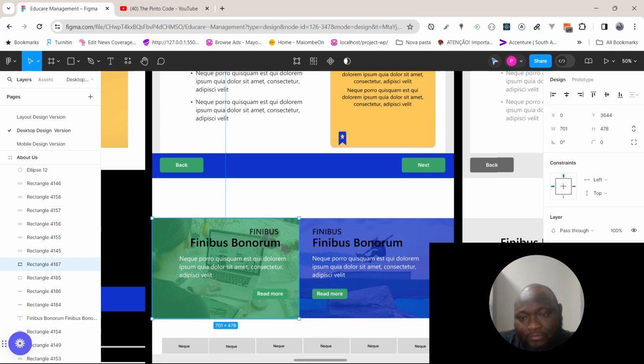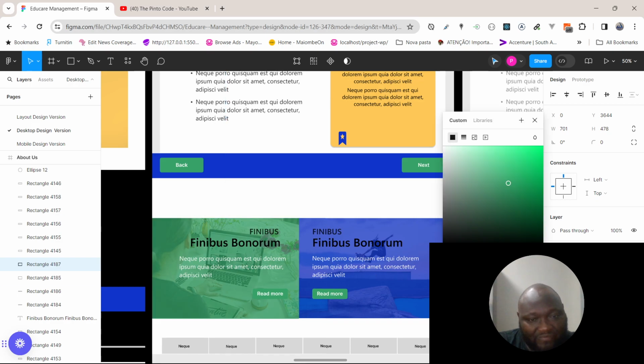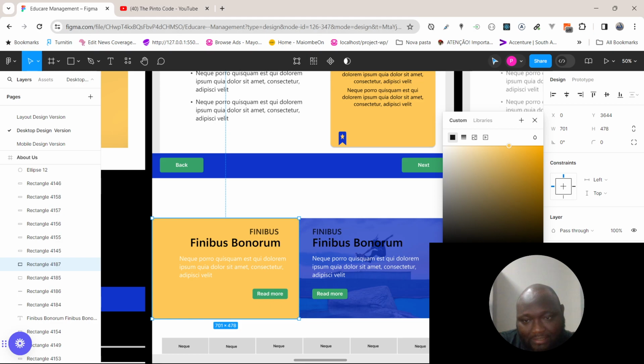It doesn't look great because the pattern won't be visible. So this color is not playing. Maybe we can use that 70% in here. 74%